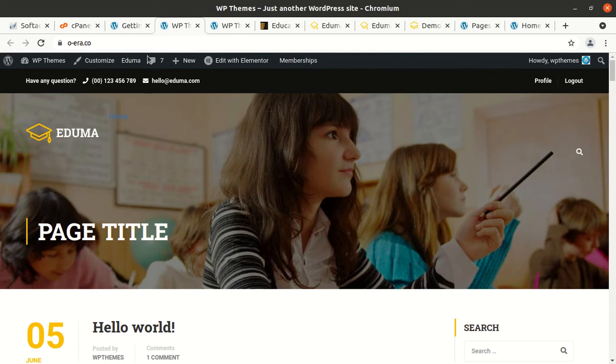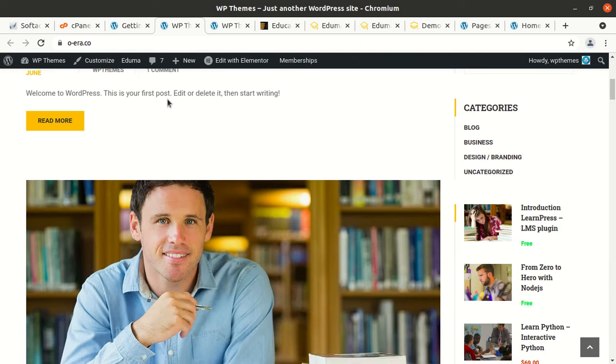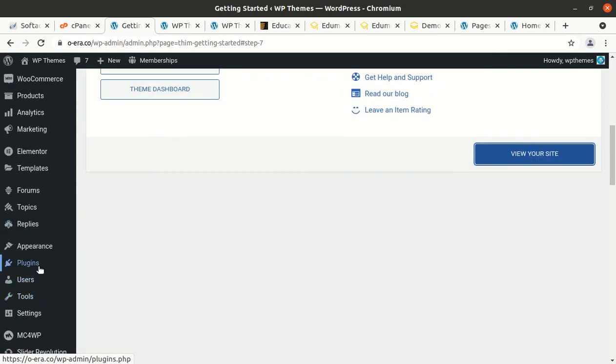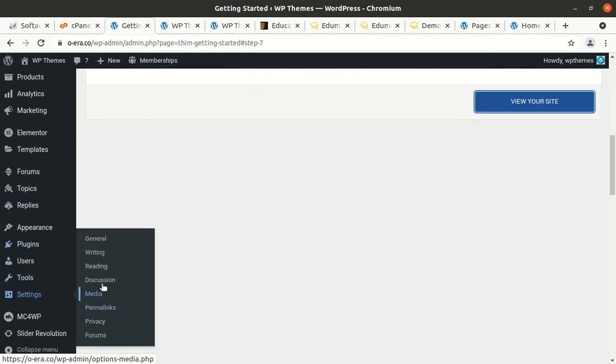Okay, so the home page is still not set here, and we can simply do it from the settings section since it is not available in the customizer. So under settings, reading is here.